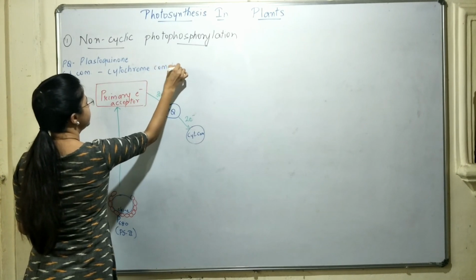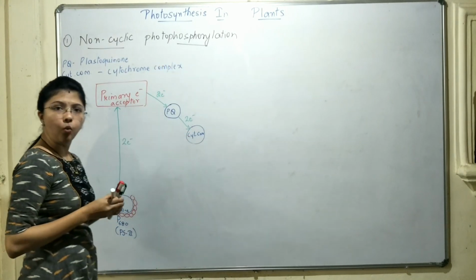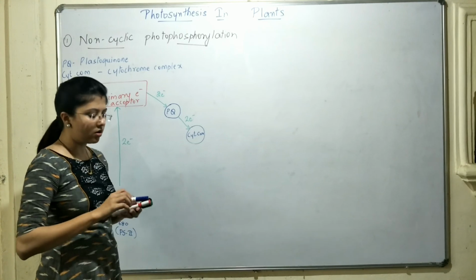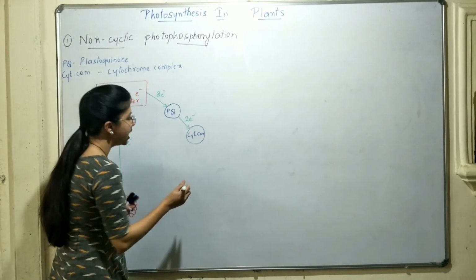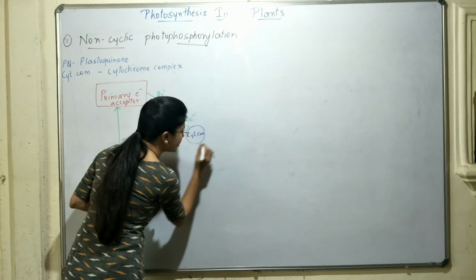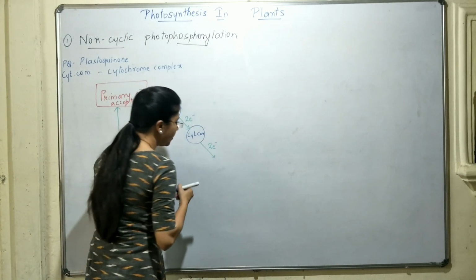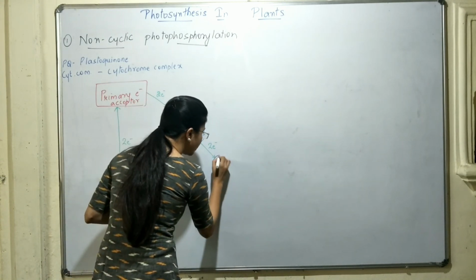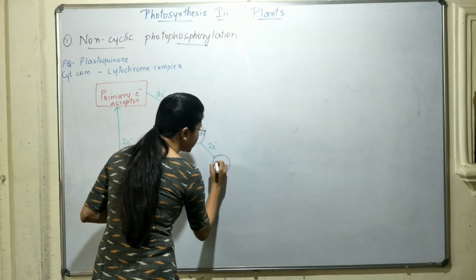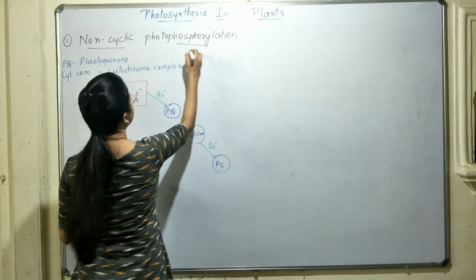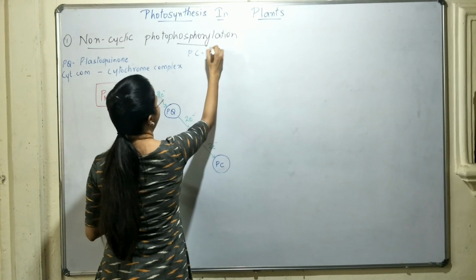There will be different types of cytochromes which will be involved, and that is the reason it is written here as cytochrome complex. Now, the electrons from this cytochrome complex will be passed on to the last complex of the ETS, which is PC. PC stands for